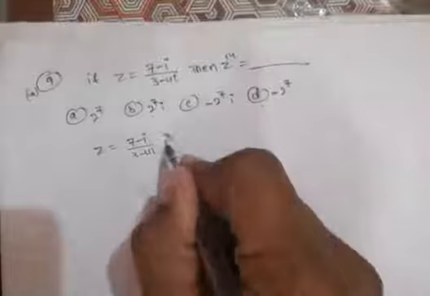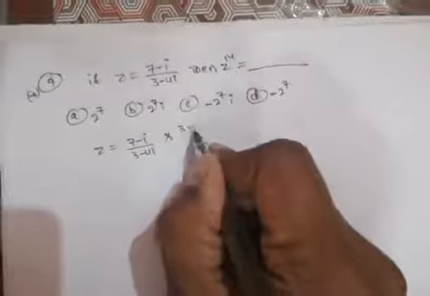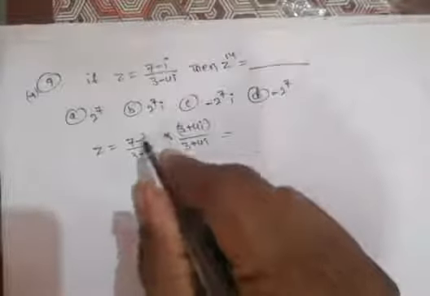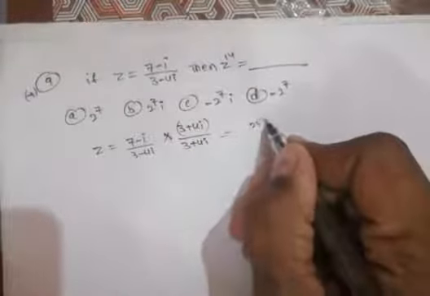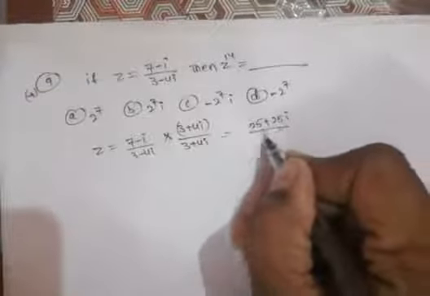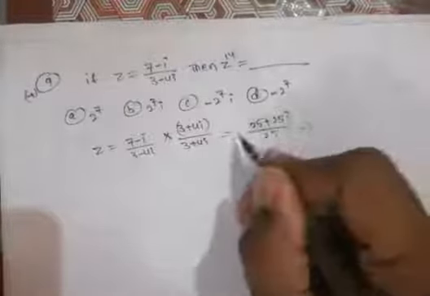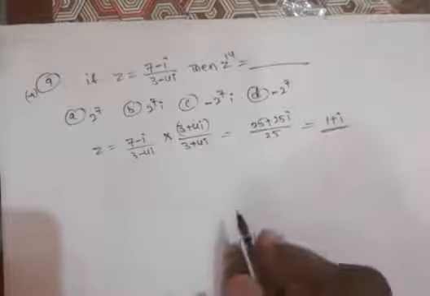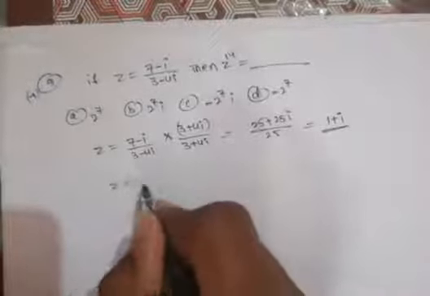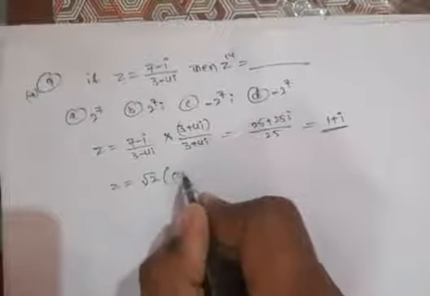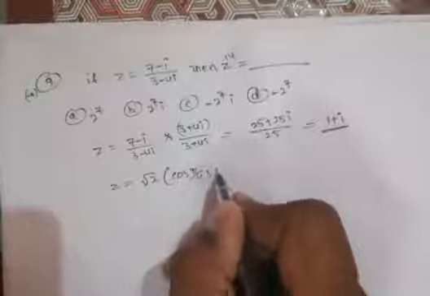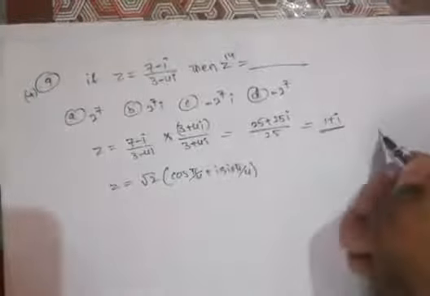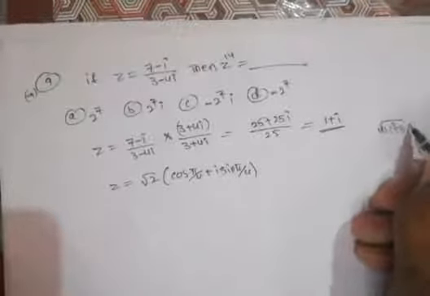If i is in the denominator, directly what we have to do is rationalize. So multiply by 3 plus 4i by 3 plus 4i. Finally you can simplify this one. You get 25 plus 25i by 25. So the common 25, here 1 plus i will appear. So 1 plus i means that is root 2 into cos pi by 4 plus i sin pi by 4. How does it appear? Under root of 1 square plus 1 square means root 2.